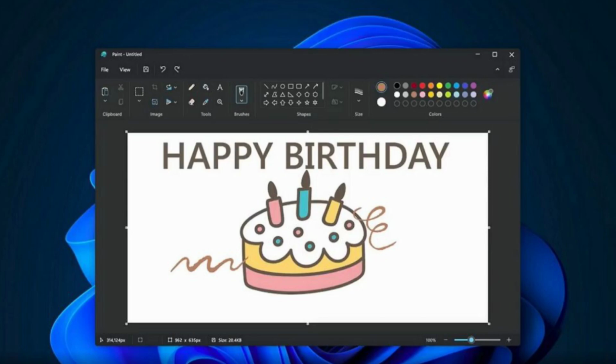The Windows 11 Paint app now has a Photoshop-like background removal tool. It's possible to download the new version of Paint with a background removal tool without signing up for the Windows 11 Insider program. You can now use the Windows 11 Paint app to remove the background from any image. This is similar to one of the most popular features of Adobe's Photoshop, background removal, but Microsoft's tool is